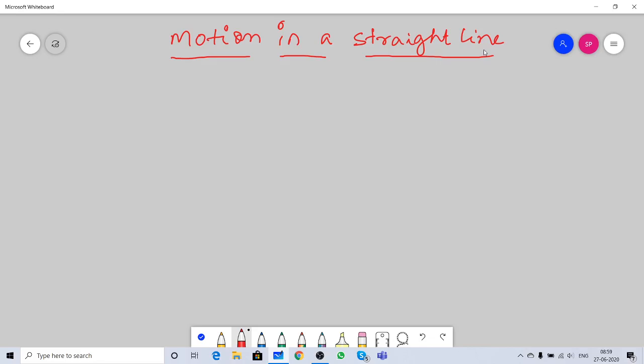Okay, so today we'll discuss the concepts of motion in a straight line. As all of you know, when the object changes the position. But is that definition sufficient to define motion? So, the complete definition for motion will be